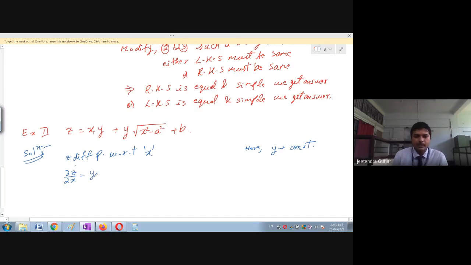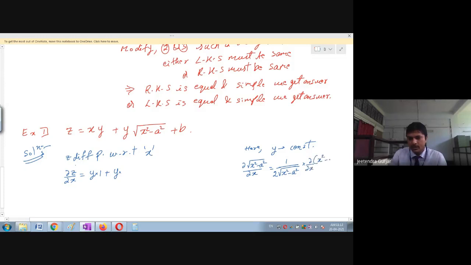You'll get 0. So here you can see y is constant, into, then differentiate x with respect to x is 1. So we'll keep 1 as it is. Here you can see y is there. Y is again constant, so I'll write y. Now I have to differentiate this. What is the differentiation of this one? Differentiation of square root of x square minus a square with respect to x is equal to 1 divided by, because this is the chain rule you have already studied. This is a formula, that is 1 divided by 2 square root x square minus a square into, again the inner differentiation you are going to do, that is dou upon dou x.